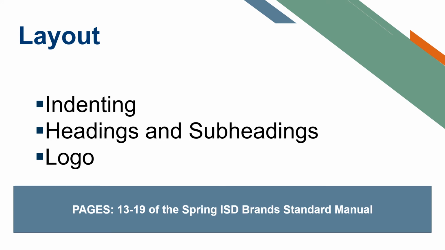So your bullets should always be in the same spot. If you press tab to indent one time, you should press tab to indent one time on each slide. What do your headings and subheadings look like on each slide? Where do your logos typically show up on each slide? Your headings, your subheadings, and logos should show up in the same spot on each frame, and they should pretty